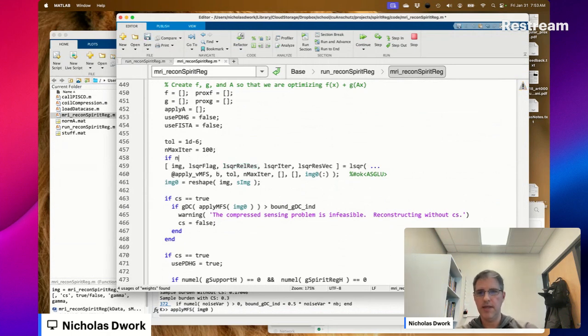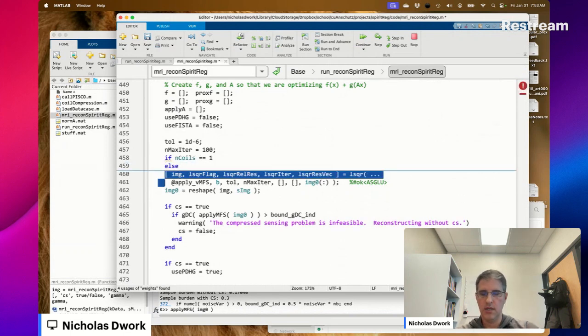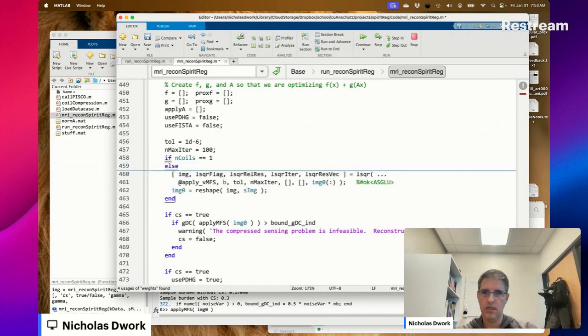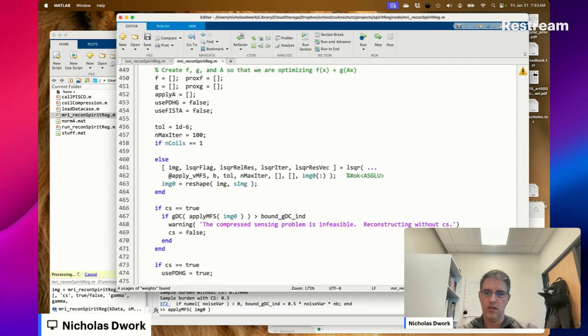So if n coils is equal to 1, image 0 would just be the zero-filled reconstruction.